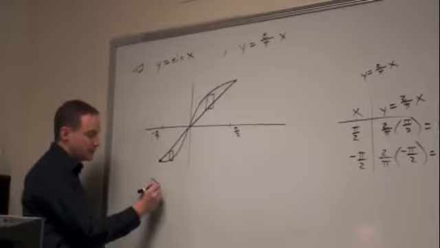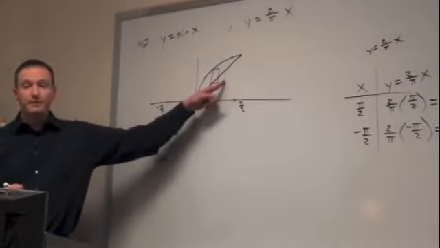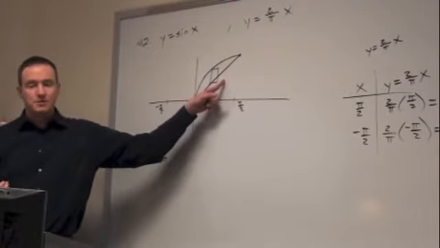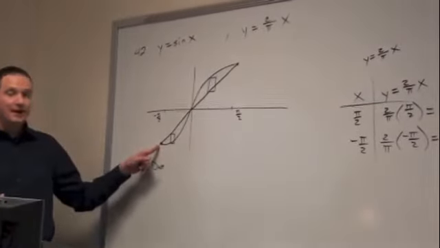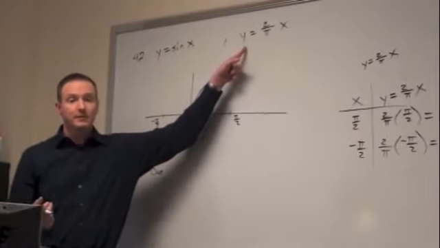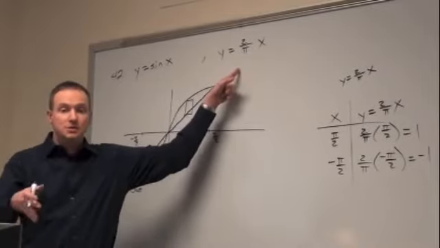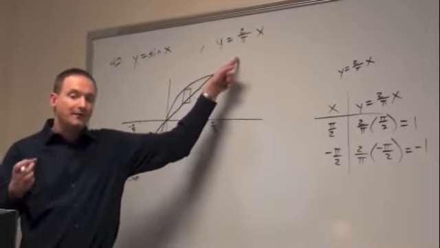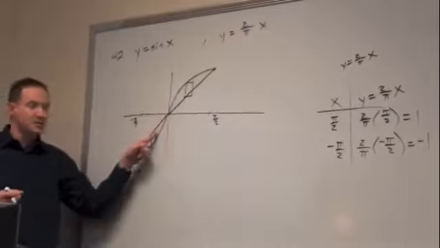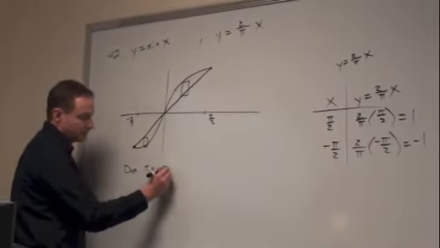Due to symmetry, and what symmetry am I talking about? Both of these functions are odd functions. The sine function is odd because the sine of negative x is the negative of the sine of x. Same thing with a linear function. All lines, if you change the sign on x, it changes the sign on y. They both have odd symmetry, so this region is equivalent to this region. So I would say, due to symmetry,